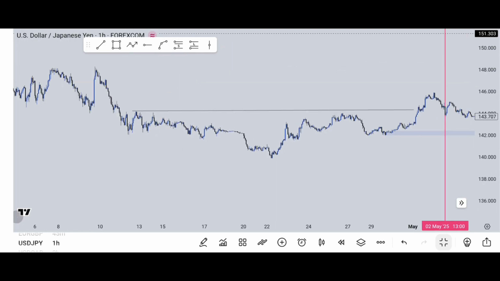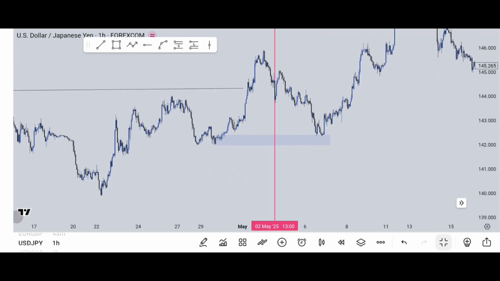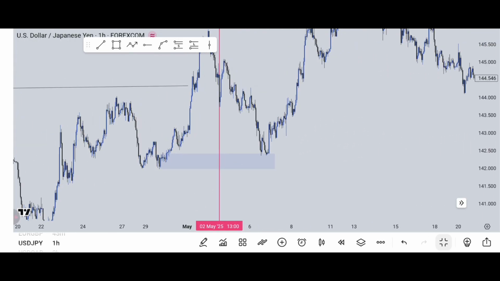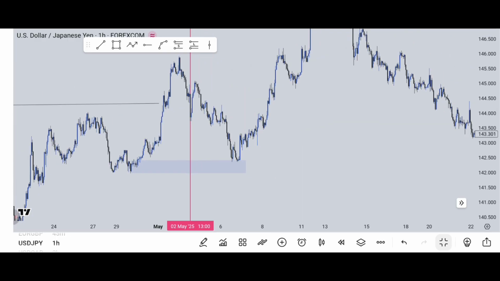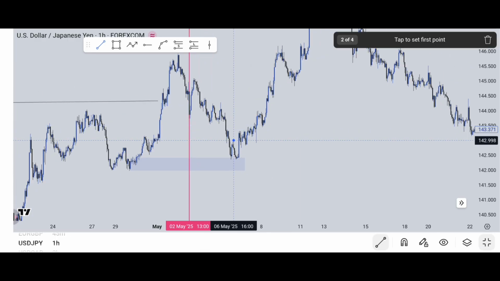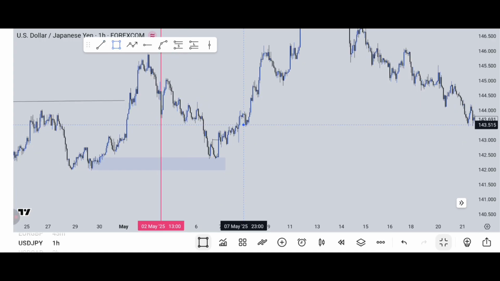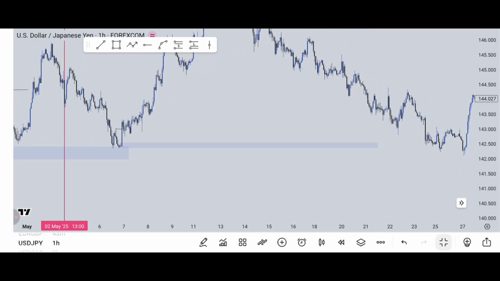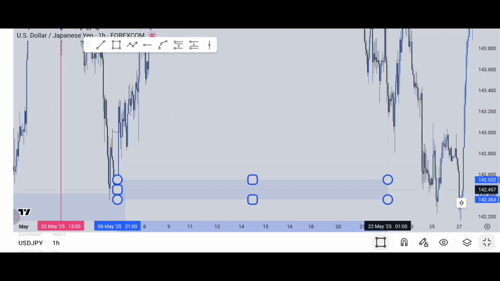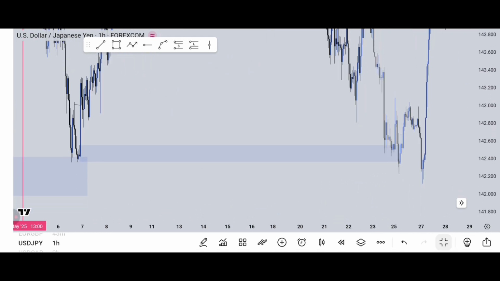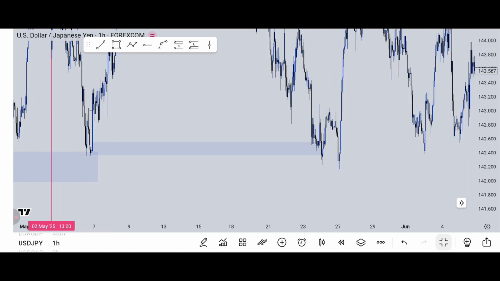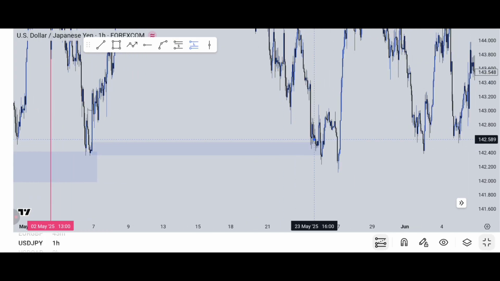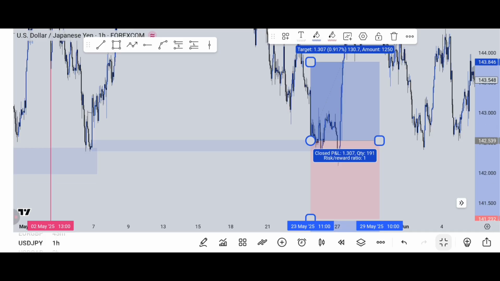Now coming over to my 1 hour time frame, you can see that order block which we marked. So price came down to this order block and shifted. After the shift, we saw this liquidity, this inducement. Then I mark my POI. This is just how I trade. I mark my POI and wait for price to come and tap into my POI for buys.